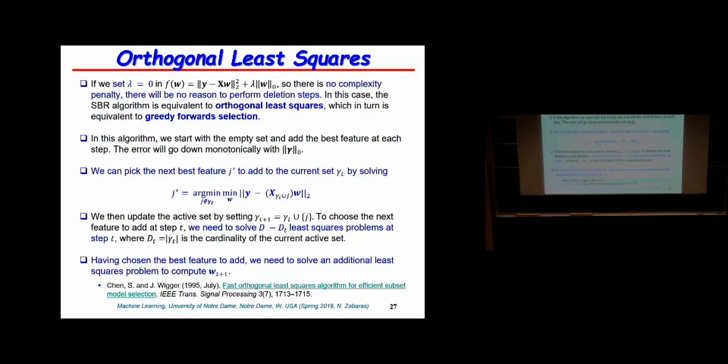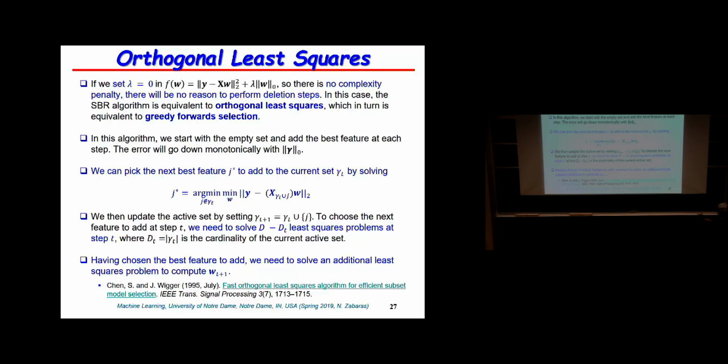So we're going to find the error that we make. That's this L2 error here. That's from the likelihood, from the exponent of the Gaussian. And we're going to say, find me the j, not in the current active set, that minimizes this error. And then once you find that, compute what w is by solving a least squares problem. Okay? It's as simple as that. Obviously, when you do this, if you have, at present, d subscript t variables defined by gamma t,